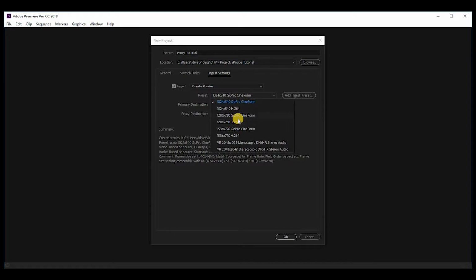and that's going to be 720p. Now we have two options on the 720p. It's H.264 and GoPro Cineform. I prefer the H.264. It's a little smaller format, compressed file, but sometimes the computer has a hard time reading that, depending on what kind of computer you have. If H.264 doesn't work well for you, then go to GoPro Cineform. You may have a little better luck with that, but they're larger files. So we're going to select 1280 by 720 H.264,